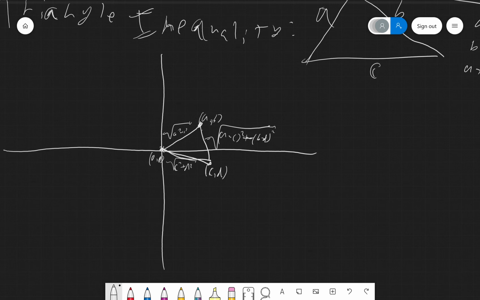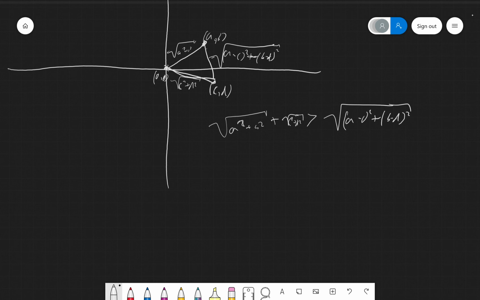So now using the triangle inequality, we get the fact that the square root of A squared plus B squared plus the square root of C squared plus D squared is greater than the square root of A minus C squared plus B minus D squared. Okay, so